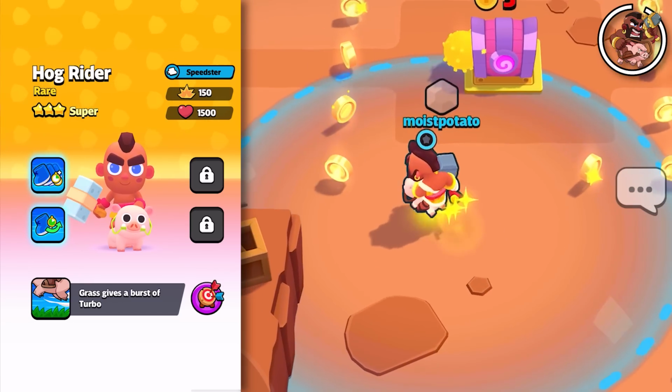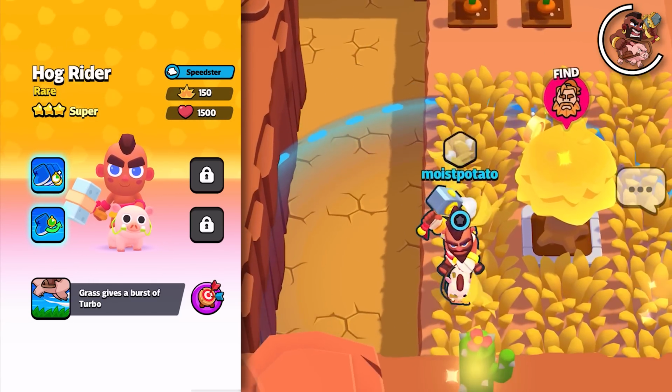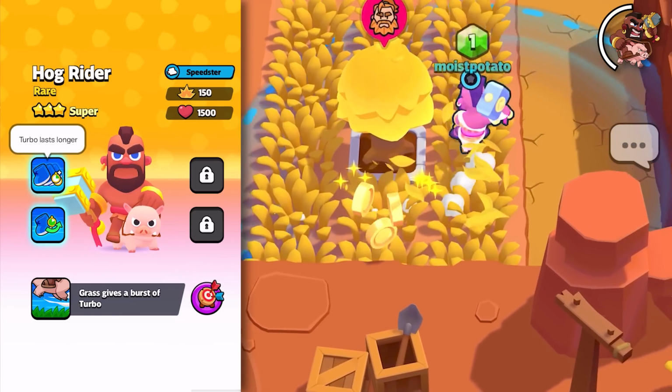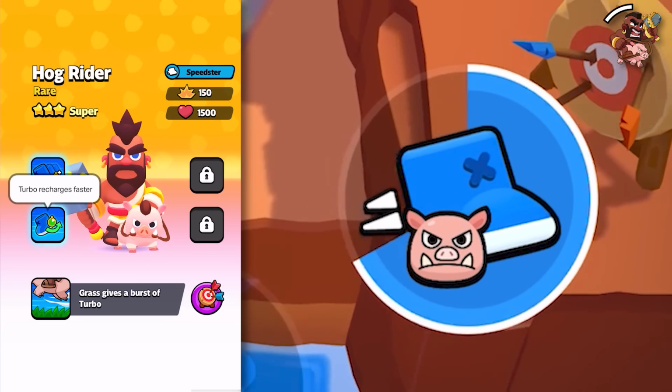This next one needs no introduction. It's the Hog Rider, whose base ability gives a boost of turbo when traveling through grassy areas, plus he deals a pretty good amount of damage, and his classic ability allows that turbo to last even longer, and his super ability allows the turbo to